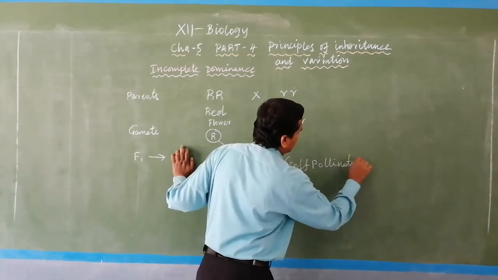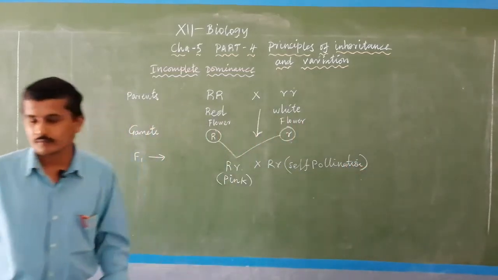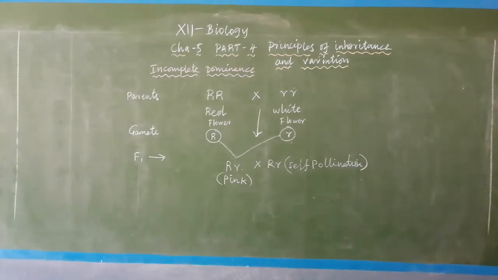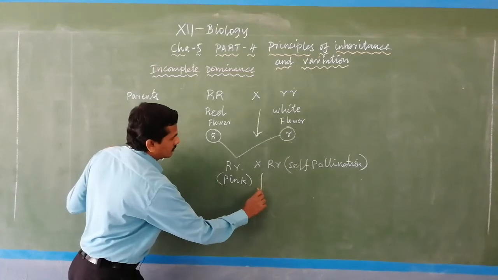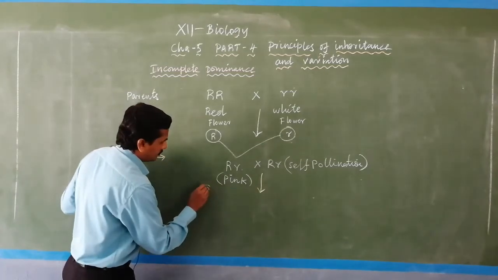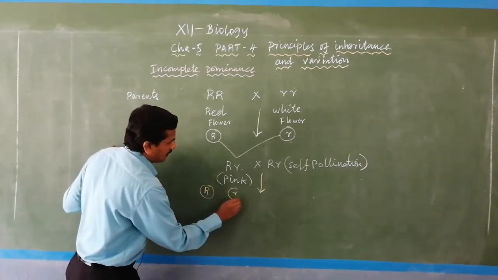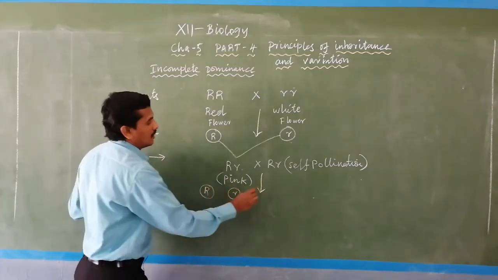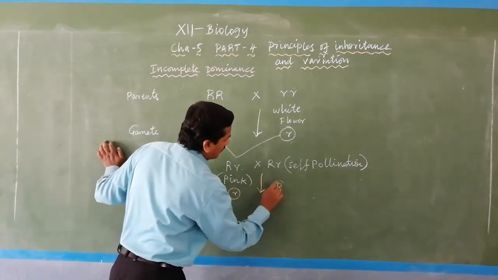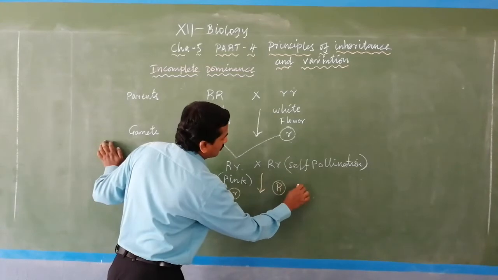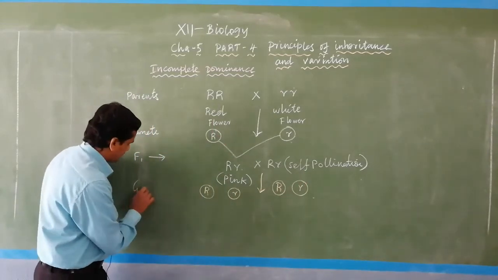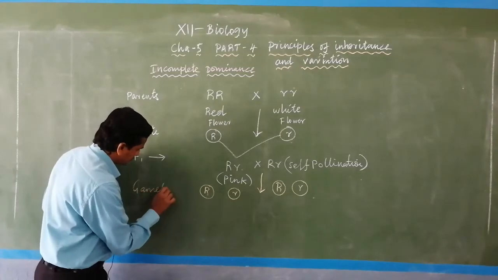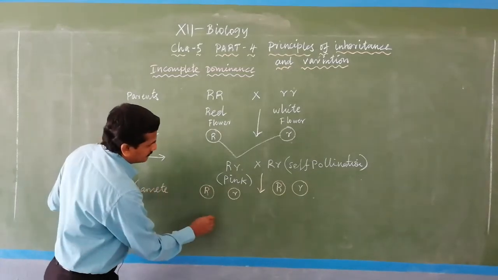Self pollinated. Self pollinated, then the two gametes are produced, capital R gametes and small r gametes here. And here also capital R gamete, small r gamete, that is actually gamete. Then